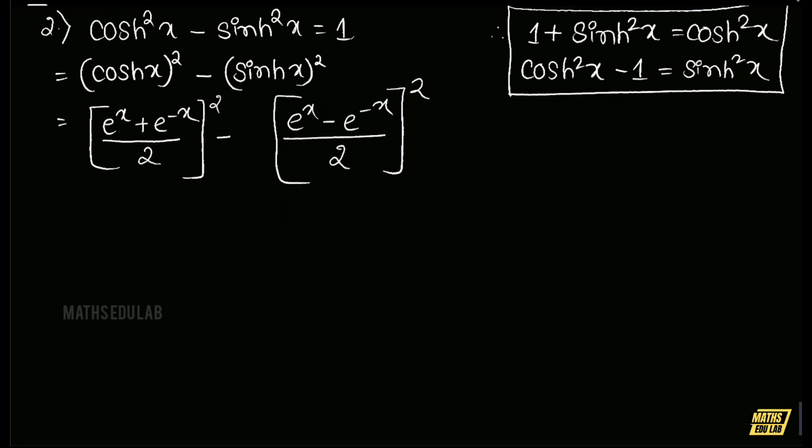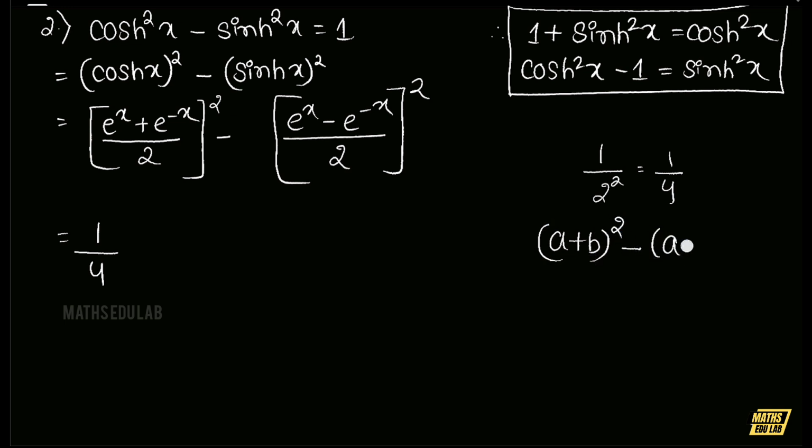Now we know 1 by 2 square is equal to 1 by 4. So here 1 by 4, since I will follow the formula a plus b whole square minus a minus b whole square, so that we can write